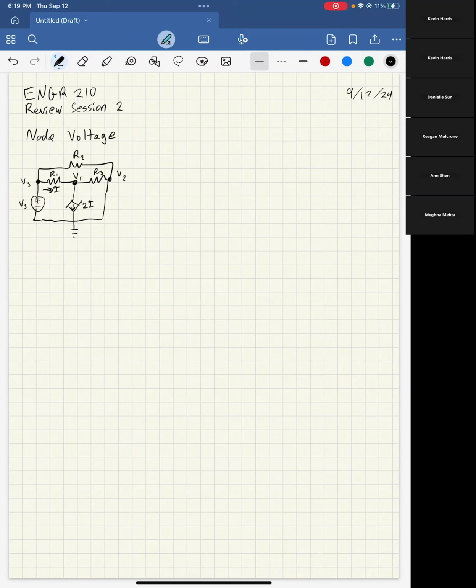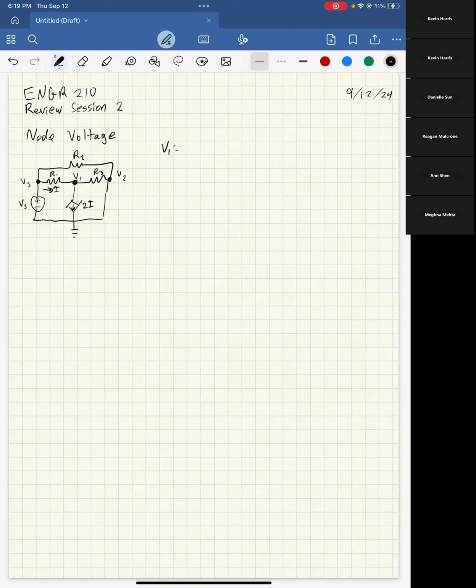So just as a quick refresher, what you want to do with node voltage is, for each of the nodes that you select to make equations about, let's start with V1, write an equation based on Kirchhoff's current law. Kirchhoff's current law says that the total current through any node is zero, also known as the current going in equals the current going out. What that means in practice is that for a given node, you guess which direction the current is going, and then based on that,